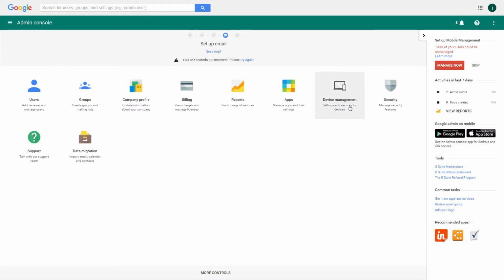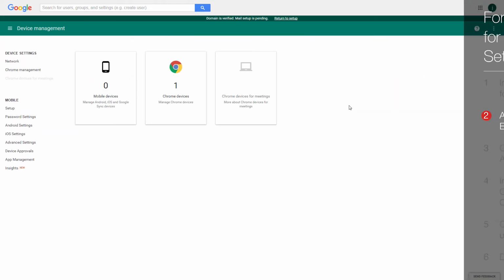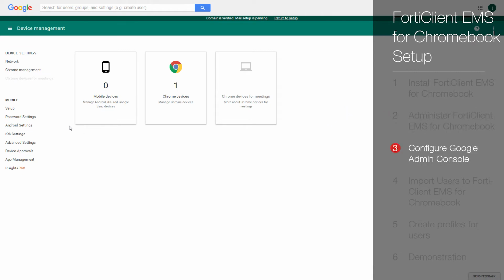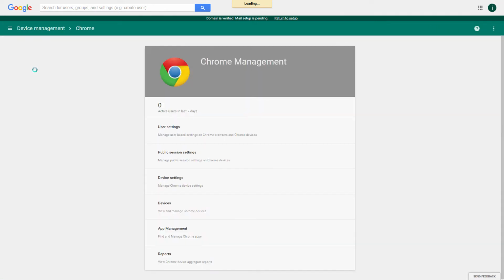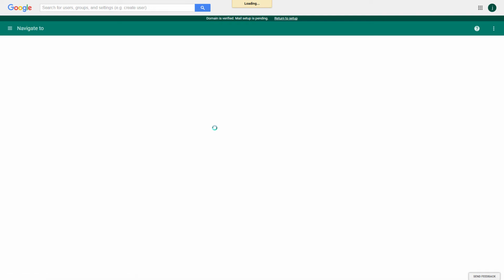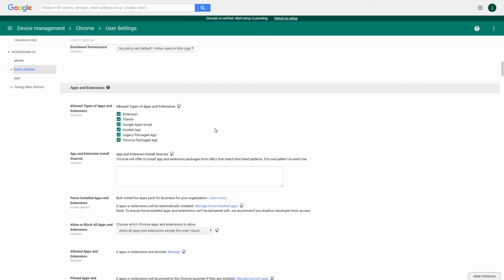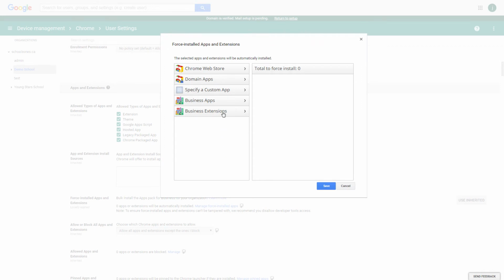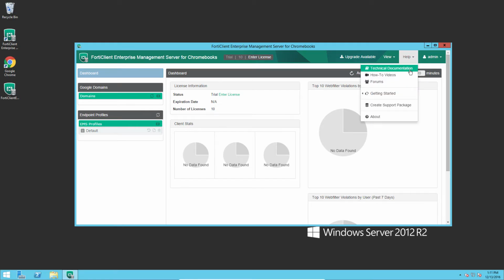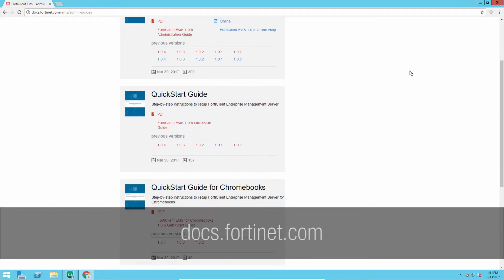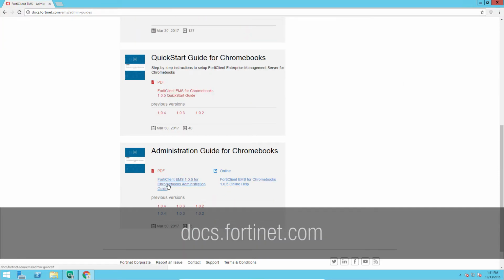Click on Device Management, Chrome Management, User Settings. Scroll down to Force Installed Apps and Extensions, and choose Manage Force Installed Apps. We'll now select the FortiClient web filter extension. Currently, the extension is not searchable in the Chrome Web Store. However, refer to the Fortinet document library's most recent FortiClient EMS Chromebook admin guide,